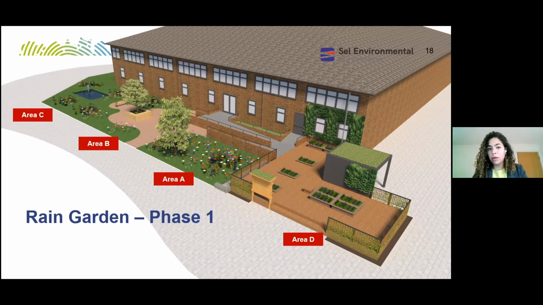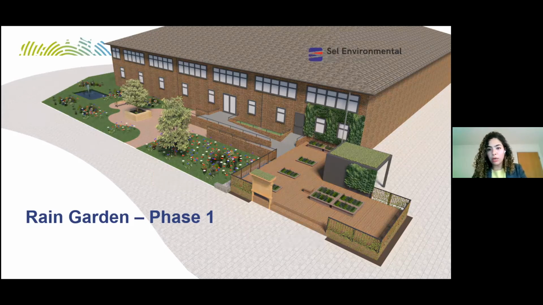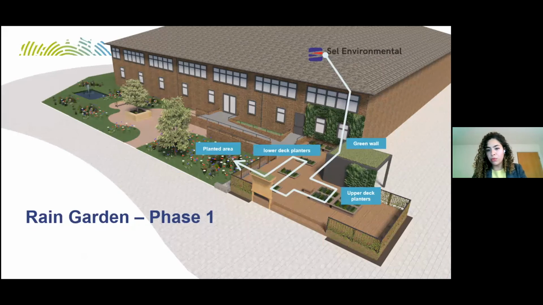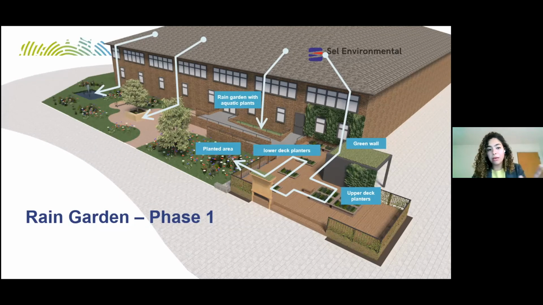I'm not going to talk in a lot of detail on this, but I just wanted to mention that even though we can see the design here, if we overflow where the water comes from, it will show quite a different story. So for example, the water comes from one side through the roof, and it flows through the rain garden. There is another input as well, which goes into another area. And then the third and fourth input go into the fourth area, and underneath those areas is a sustainable underground pit as well, which acts as an attenuation volume for the whole rain garden.